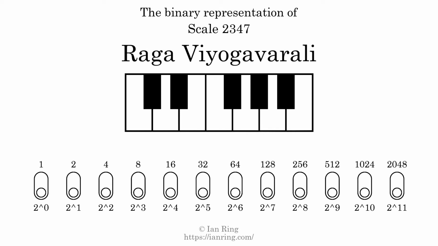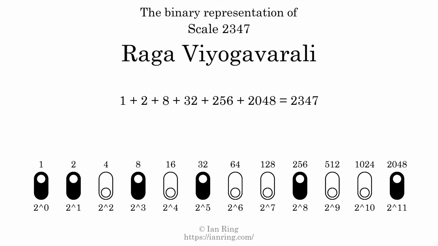The binary representation of this scale is determined by mapping tones of the scale to binary digits. Each binary digit represents a power of 2. To get the scale number, we add the powers of 2 together. The powers of 2 that are present in the scale, all added together, equals 2347. That is why the scale number, in decimal, is